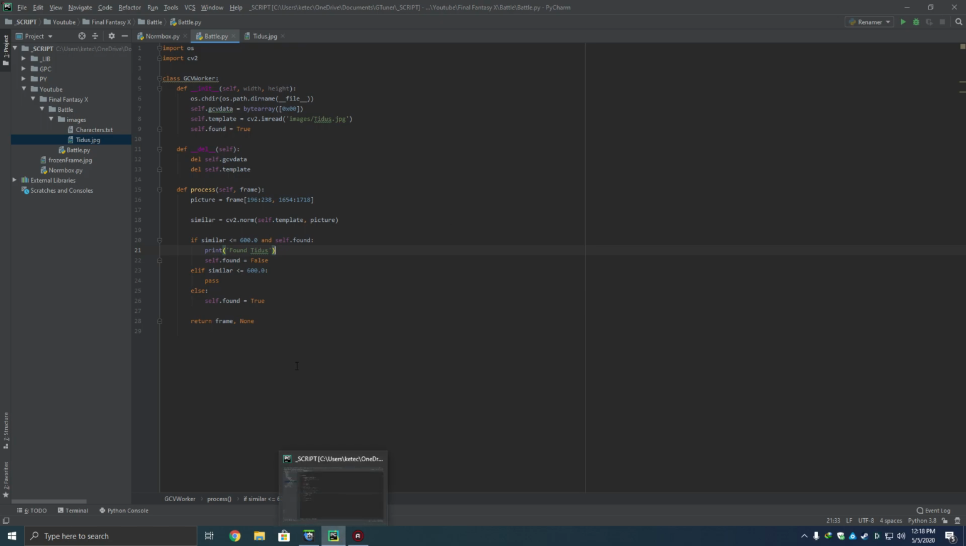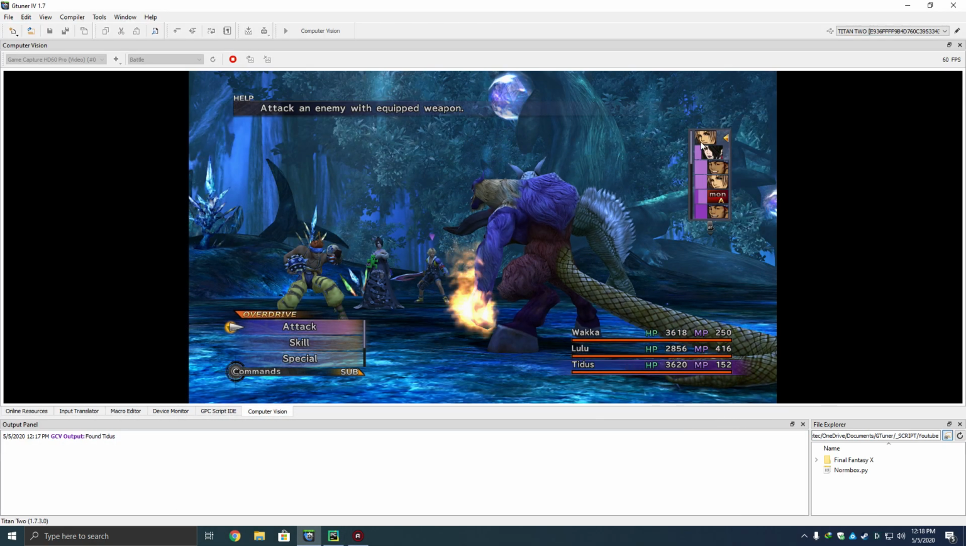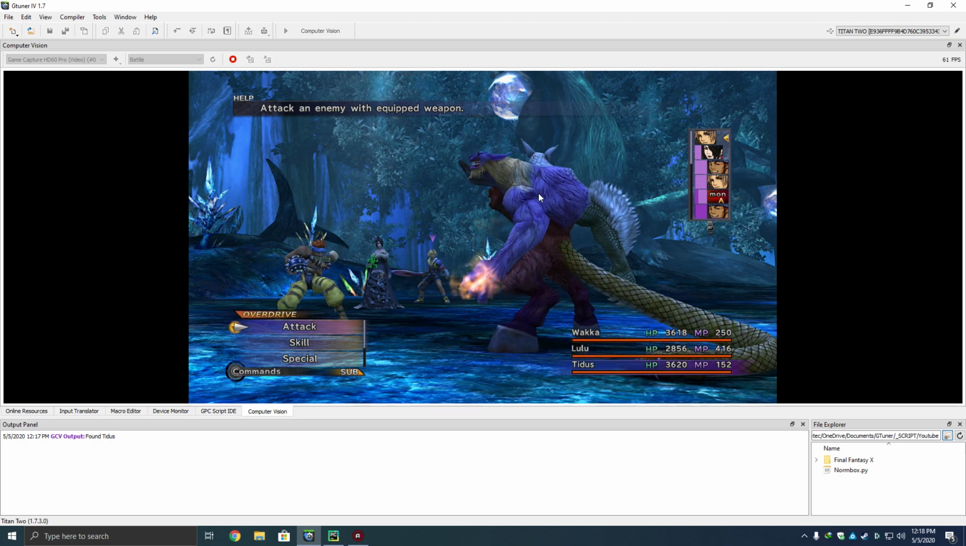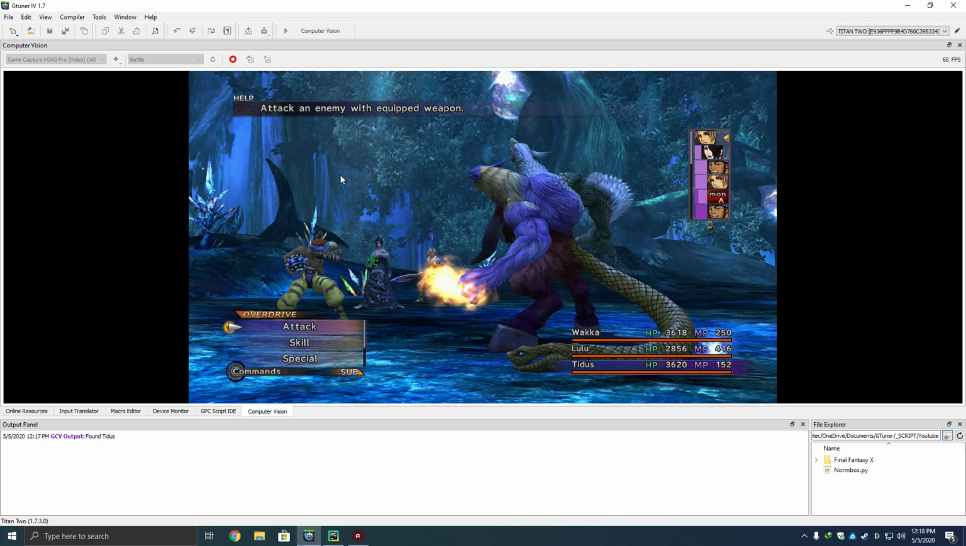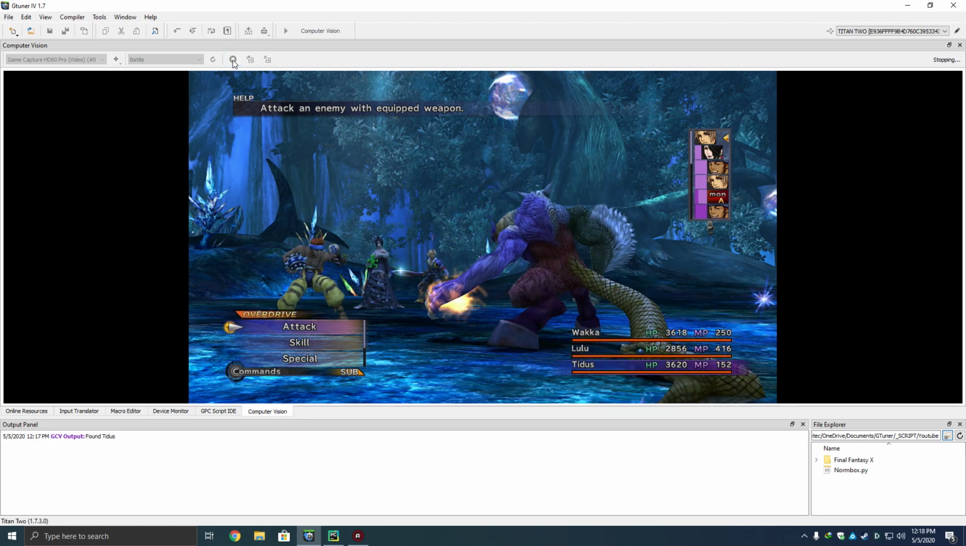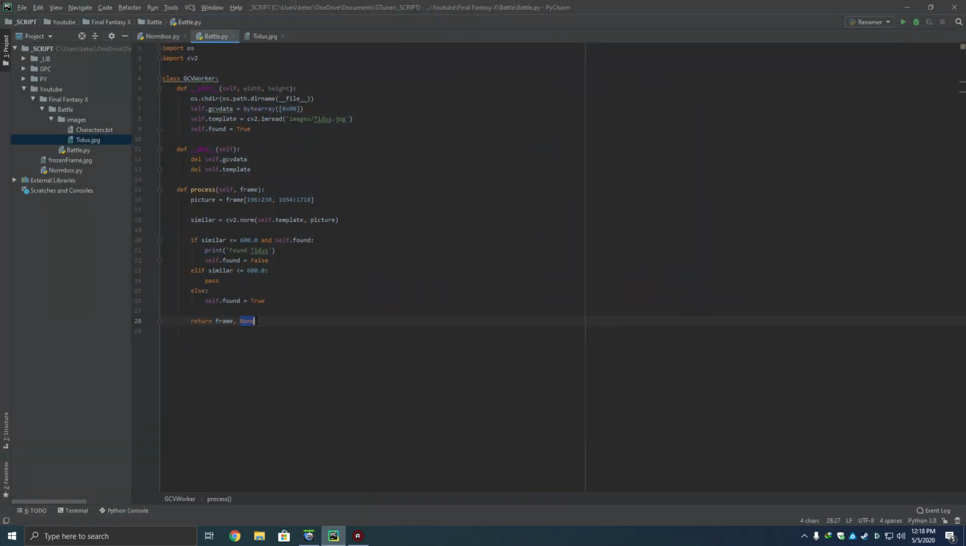But now I'm going to show you an example of how you can send a command to the Titan Two. Let's say, yeah, fine, we found Tidus, that's great. But what if I want the game to do something? What if I want the game to automatically attack for me? So for that, I'm going to close it first, and then we're going to work here on the script. We're going to say